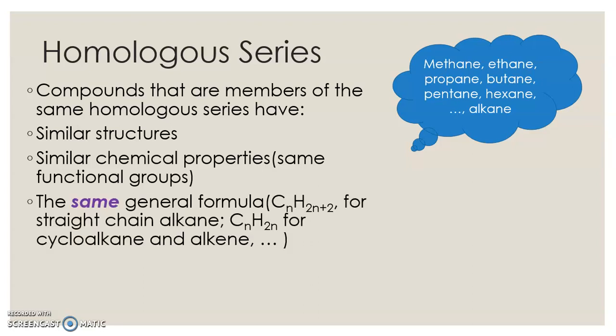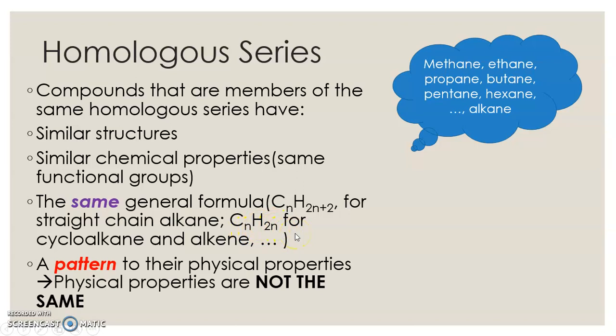Okay. They have the same general formula, that is for straight chain alkane, that's CnH2n+2, or for cycloalkane or alkene, that will be like CnH2n. Okay. But when it comes to physical properties, compounds in the same homologous series do not have the same physical property, but they do demonstrate a pattern, either increasing or decreasing or remain the same, but not exactly